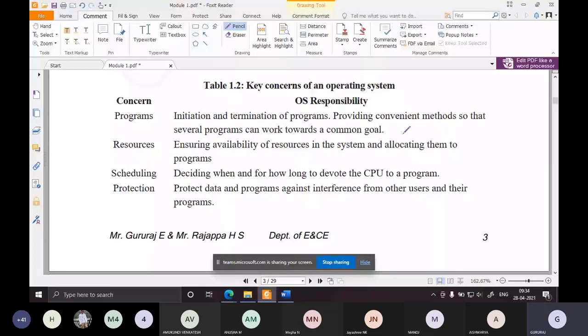There may be situations wherein you have to open two programs or two applications so that the final goal can be achieved. Suppose you want to navigate and reach some destination. You will open Google Maps or some map application, give the destination, and give the source. Whenever you give the source and destination and want to start navigating,